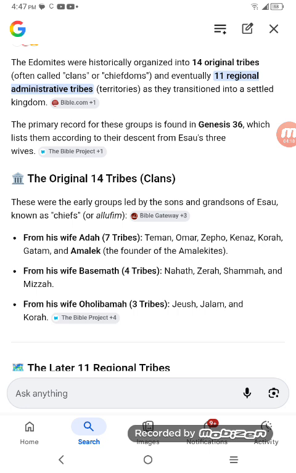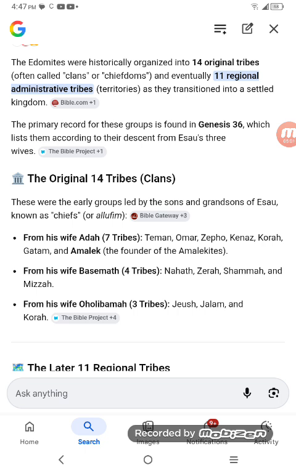It says these were the early groups led by the grandsons of Esau, known as chiefs. So they got the heads. They're in order too. But this is not given. See, the average so-called white person or average Edomite, they ain't looking up this information. They don't know this. I find it quite amazing that now Jake is knowing his heritage, and that's all through the Heavenly Father and the Son. So it says from his wife Ada, seven tribes: Teman, Omar,